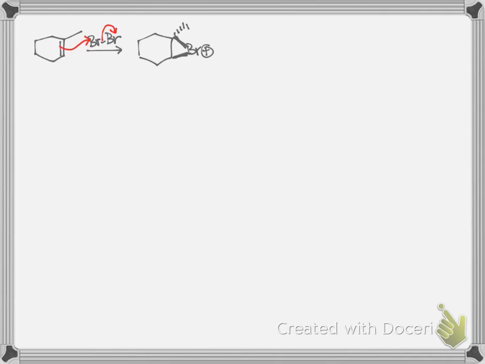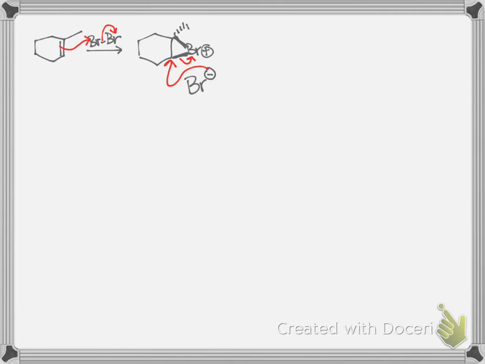And when the bromine comes from the front, the methyl has to be shifted to the back. The next step involves attack of the bromide on the bromonium ion, and when the bromide attacks, it's going to come from the back side of where the